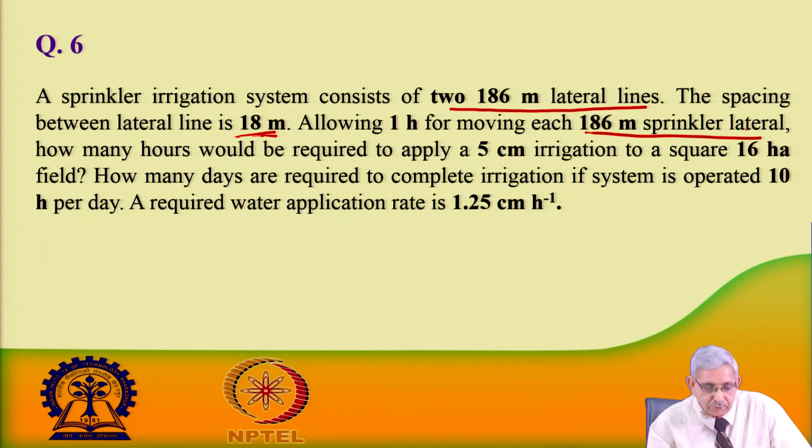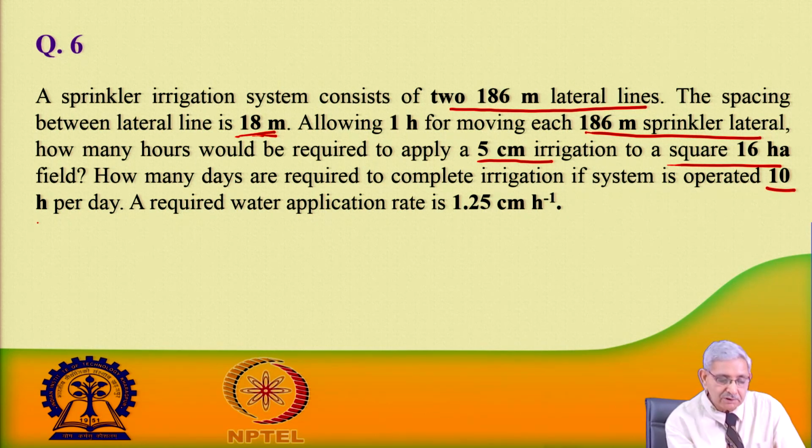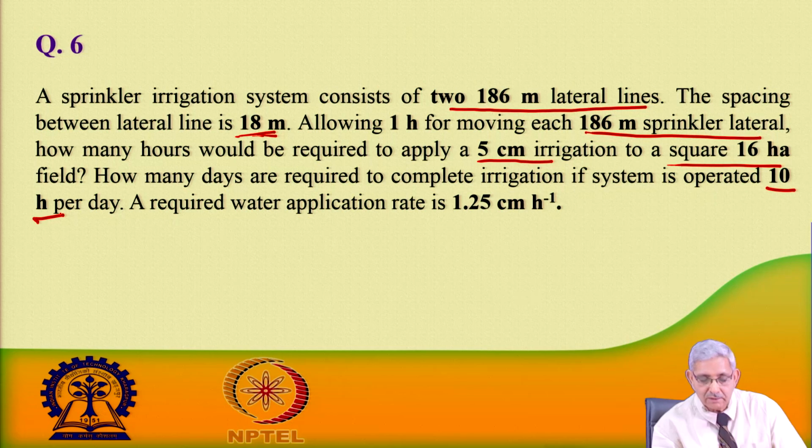We are required to determine the number of hours required to apply 5 centimeter irrigation in a 16 hectare square field. How many days will it take to complete irrigation if the system is operated for 10 hours per day, and the required application rate given to us is